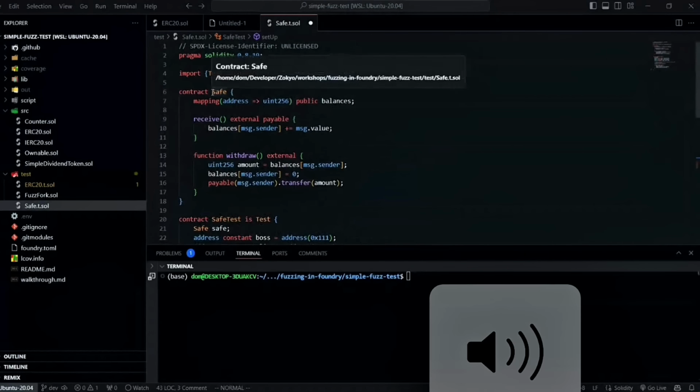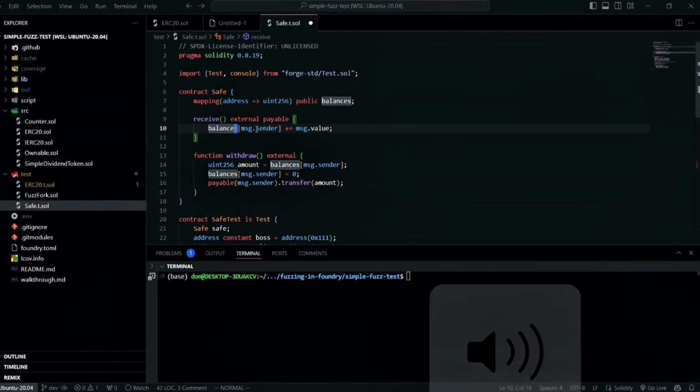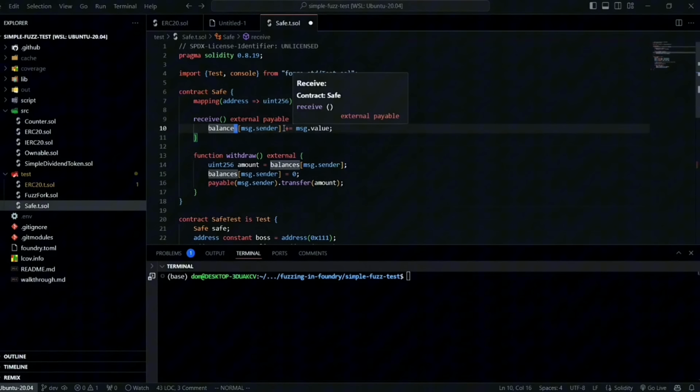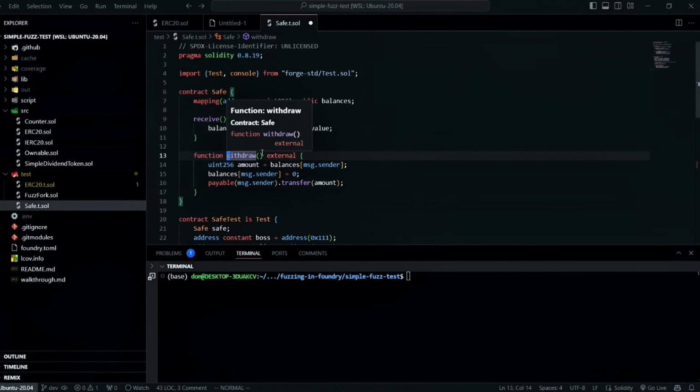We have this contract. It's just a safe, or you can think about it like a vault. You add some ETH into it, and it adds balances according to whatever value you've added. You deposit it in that contract using the receive. It's a fallback basically. And then you need to withdraw all your balance